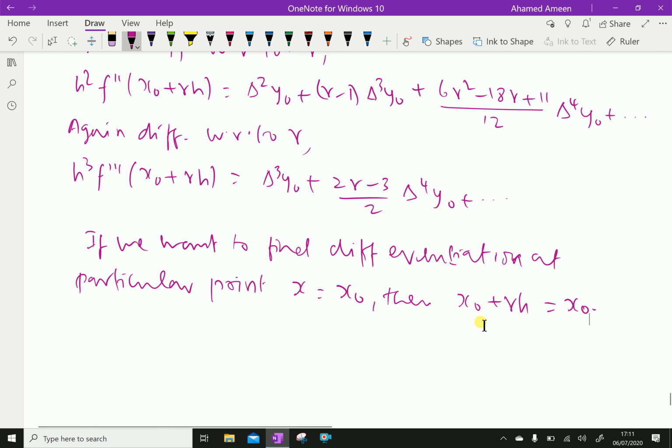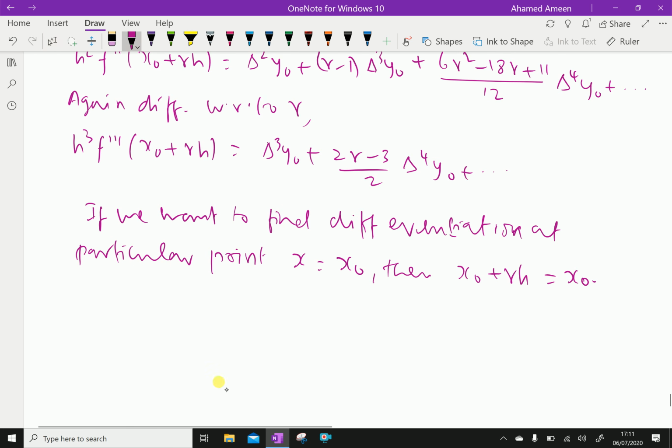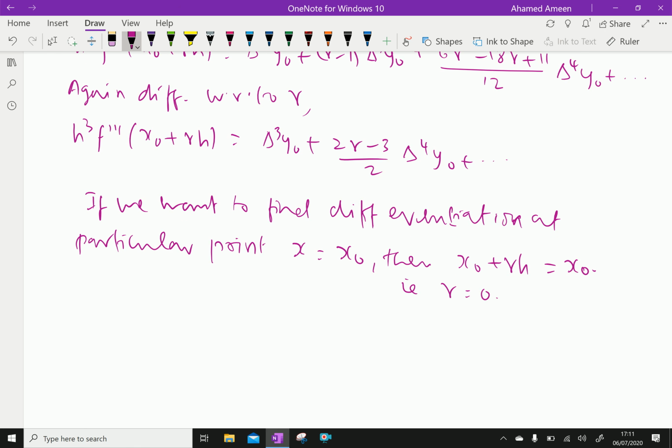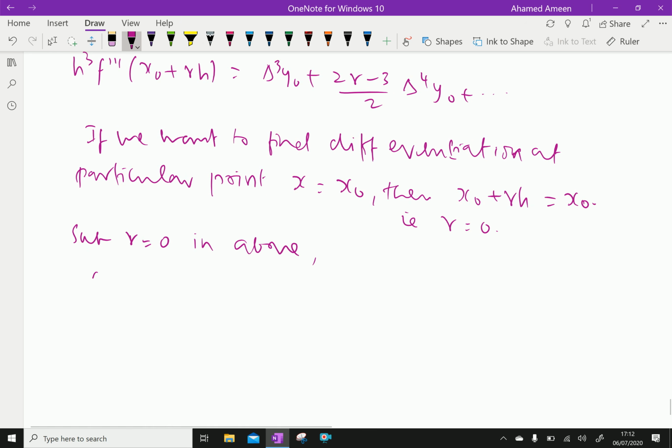At a particular point it means rh becomes 0, so x0 plus rh equals x0, that is, r equals 0 here. Therefore, substituting r equal to 0 in the above, we can say the first derivative f dash at x0 equals